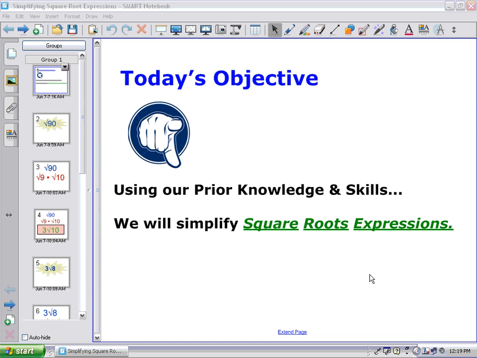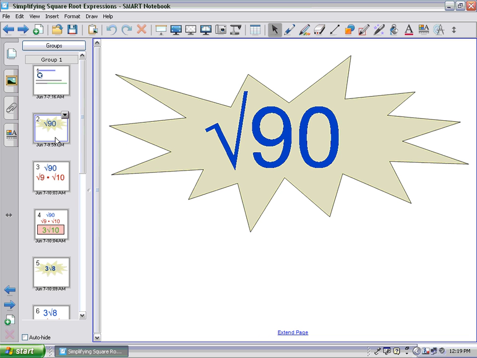Today we're going to use our prior knowledge and skill to simplify square roots. Again, it's all mental math. Again, no calculators whatsoever. Now, when I talk about approximating square roots, there's going to be three examples that we're